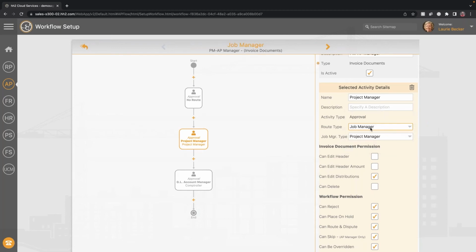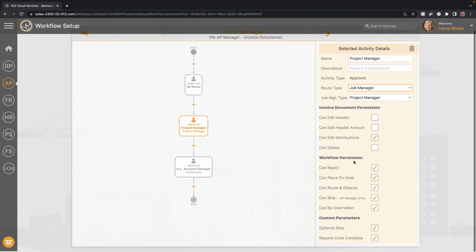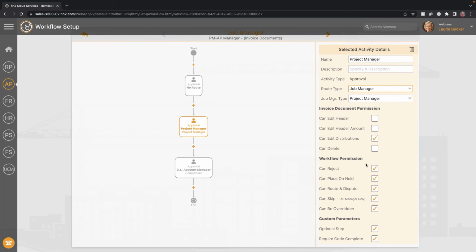Now, once you determine why they get an invoice, then you have permissions of what they can do. What can they edit? How can they affect the workflow? So really easy to set this up. We help you with this. But from a process standpoint, this is the hardest thing to set up because it requires you to think through your process if you don't have a formal approval today. If you do, it's pretty easy to plug that in.